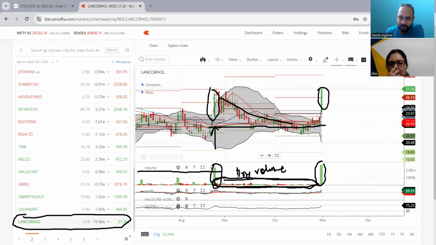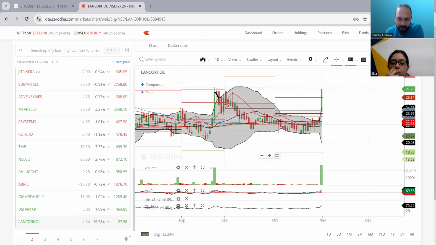I'll explain, one second. With these stocks, you have to find this volume and you should not enter here. You have to wait for this kind of chart. So we entered somewhere in here, and we waited almost a month, and in one month we got a 20% return. And second, now it is trying to form a rounding bottom pattern also. Now it gave a breakout. See, here is the breakout. This is the time you should exit, right?